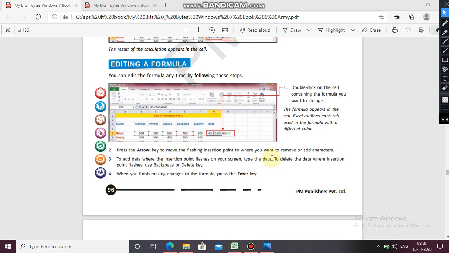Now the formula appears in the cell. Excel outlines each cell used in the formula with a different color. You will see when you are double clicking, the cell references are being displayed in different colors: red, green, yellow, blue. Okay,